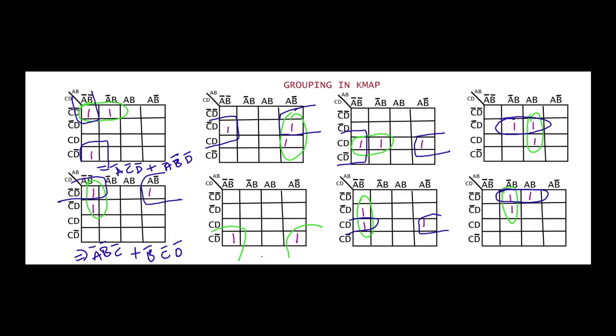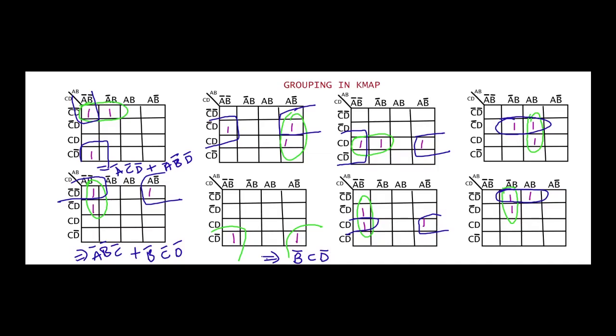So now the same goes with this K-map also. Just try to solve it by yourself. We'll see about this K-map. Here I don't have any 3 ones in this K-map. I have only 2 ones, that also at this corner and this corner. So I can group this and this to be a single group, and the minterm for this K-map will be, from these 2 columns, B bar as common. So B bar, and from this row I have C and D bar common for both the ones. So this is the solution for this K-map.